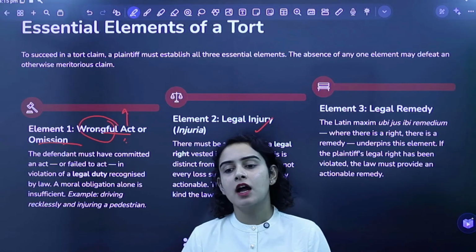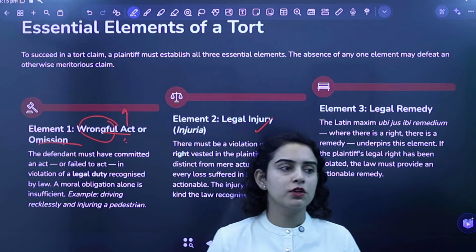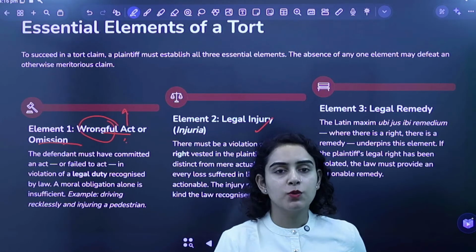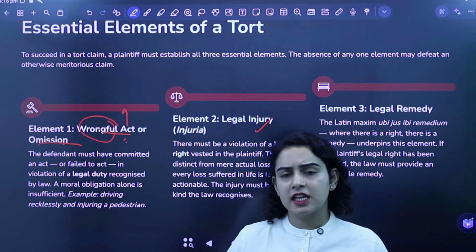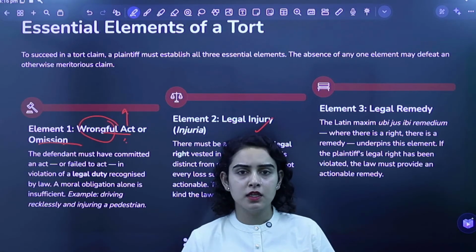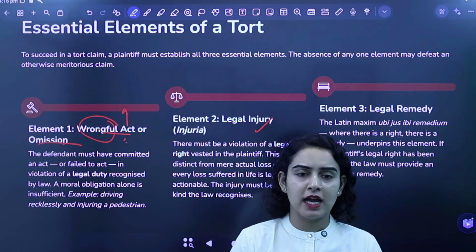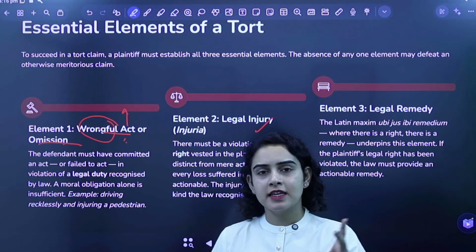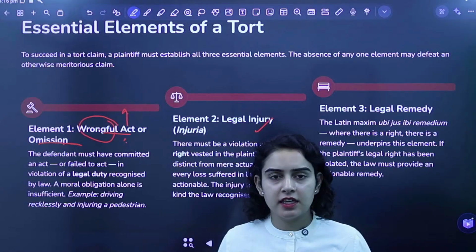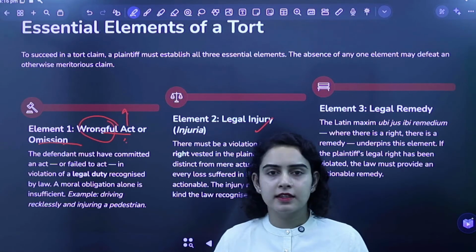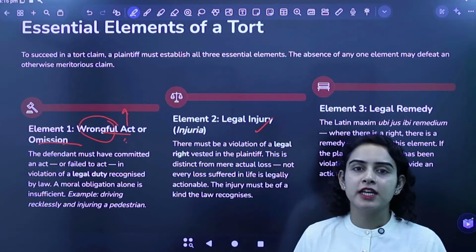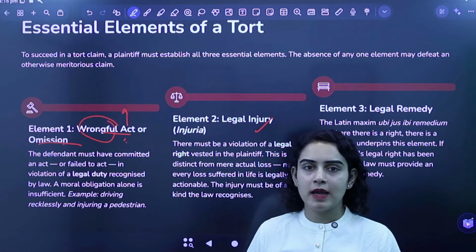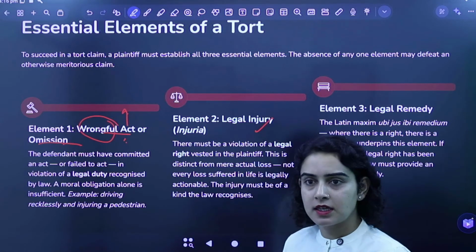Now, if you, let's say, start driving really negligently, right? You're recklessly driving, you're doing rash driving, you're over speeding. Let's say you're driving at a speed of 160 kmph and you're driving negligently. Now, उसमें दो situations हो सकती है. One is that you might get into an accident, right? If there is an accident, तब तो बहुत सारी legal situations हो सकती है. Second situation is nothing happens. You're driving negligently, but God was kind and nothing happened, right? So in that case, no legal injury has happened. So अगर कोई legal injury हुई ही नहीं है, in that case, law of torts पे applicable नहीं होगा. तो दोनों चीजों का exist करना जरूरी है.